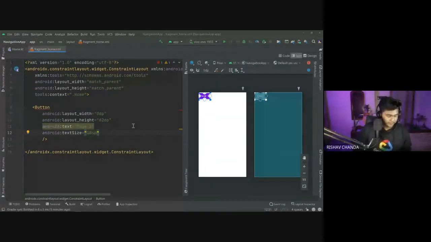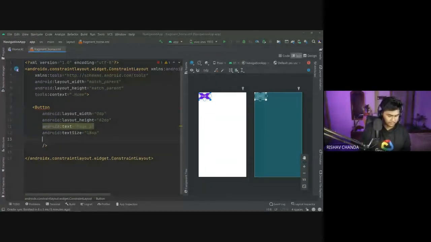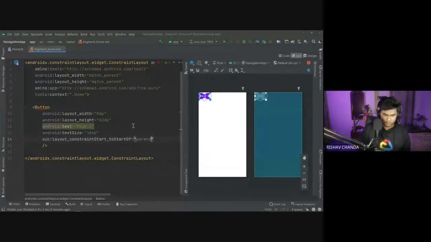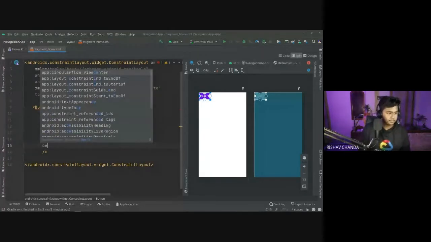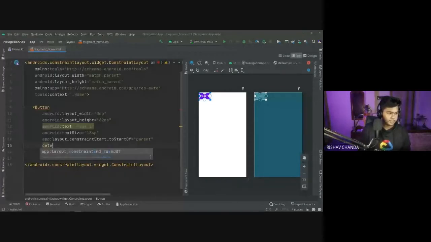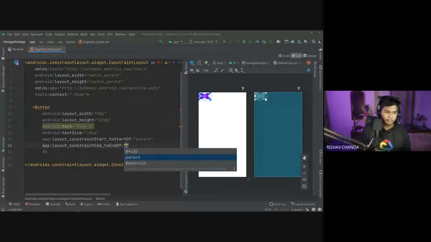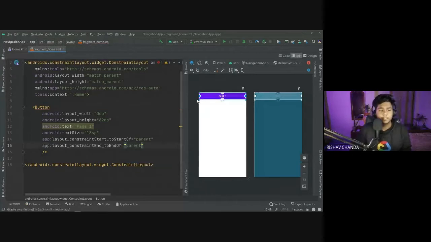First I will give constraint start to start, I will give it parent. So you can see that it has constraint to the start. And after this, I would give constraint end to end, and I will give it parent. So now you can see that this thing has expanded to the whole width.